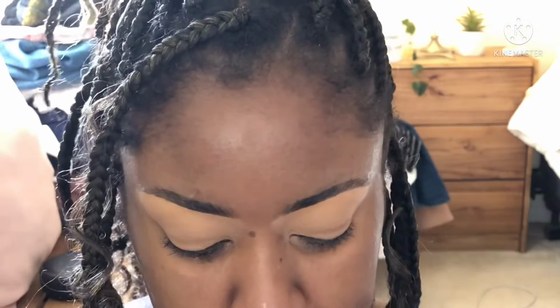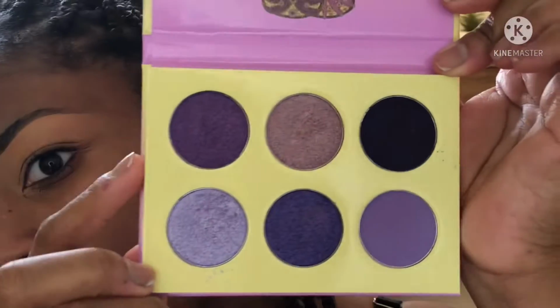Now that is all done, I'm going to go in with my eyeshadow, and I'm going to be using the Juvia's Place, and this is the